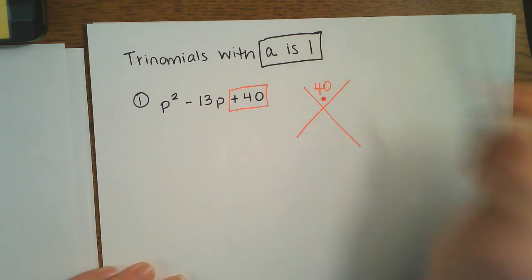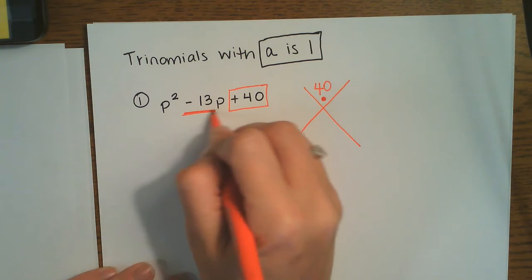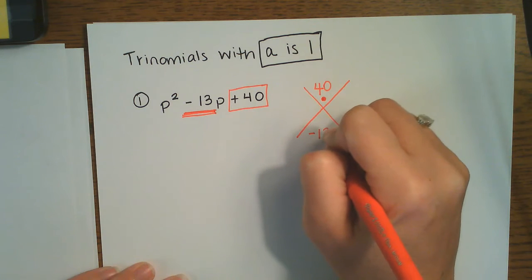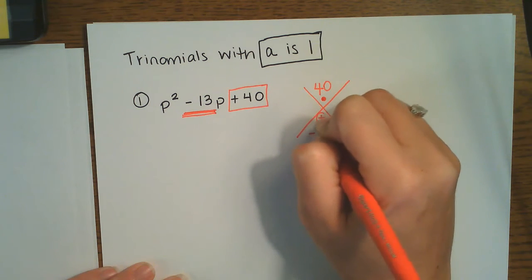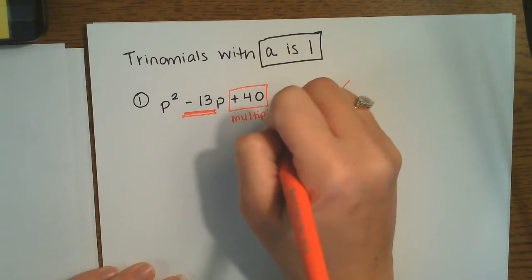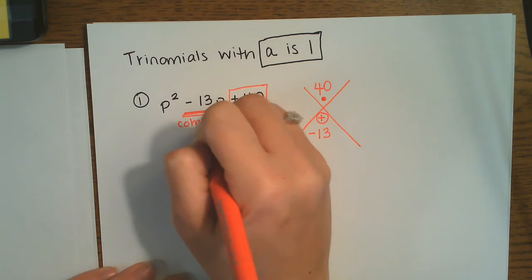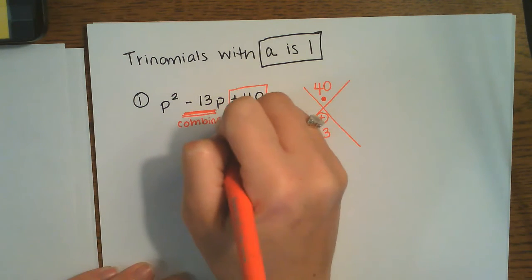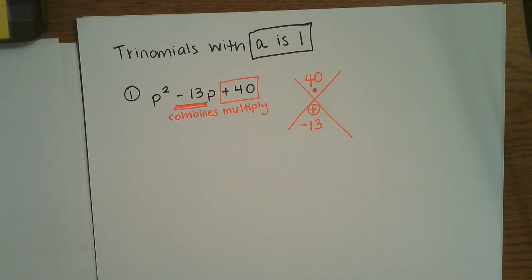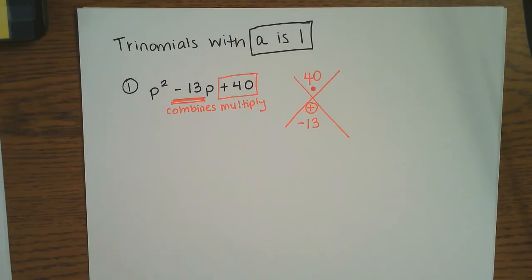So two numbers that multiply to 40 and that add or combine to make negative 13. So what multiplies to 40 and combines to negative 13? So this is where your factor sheet comes in handy, in case you don't have all of those